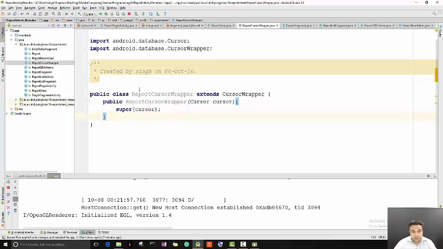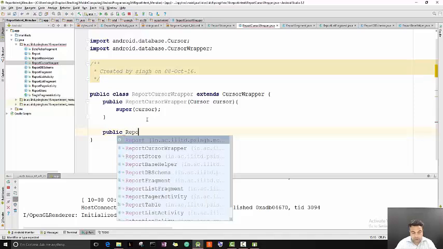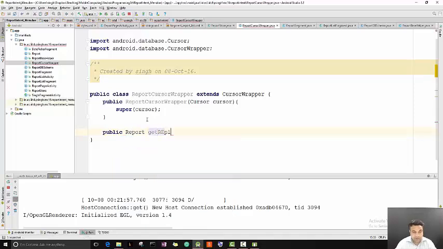Yeah, so that's our very basic wrapper for the cursor, and it has all the methods that the parent class has. Now let us try to do something specific from this cursor wrapper with respect to our program. So public Report getReport, because you want to read. Now we will be reading the values that are coming from our table. So we will be reading a UUID, which would be nothing but getString